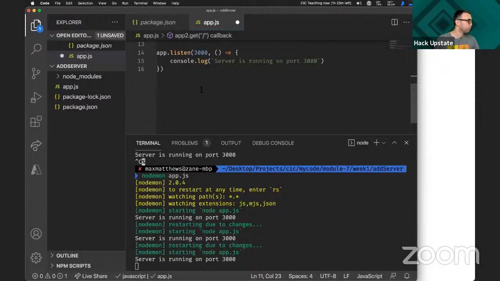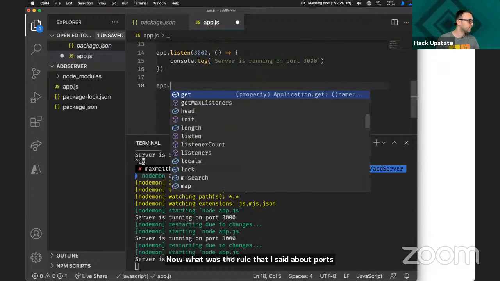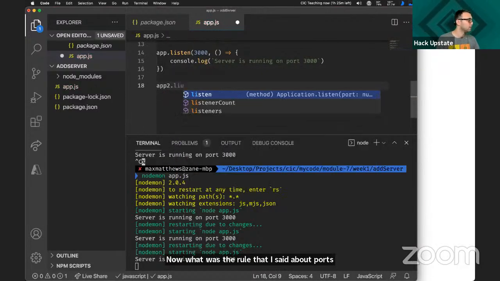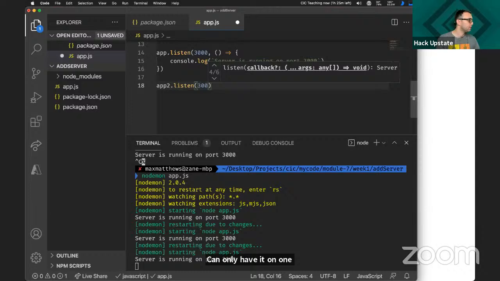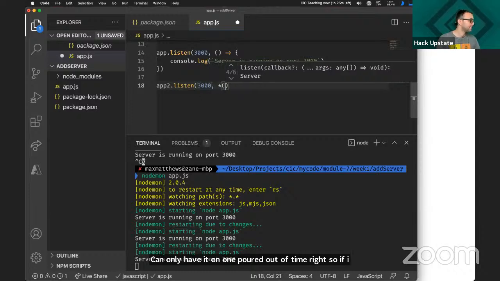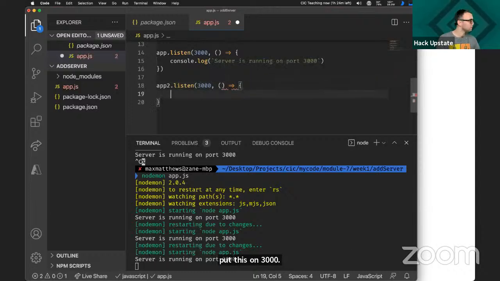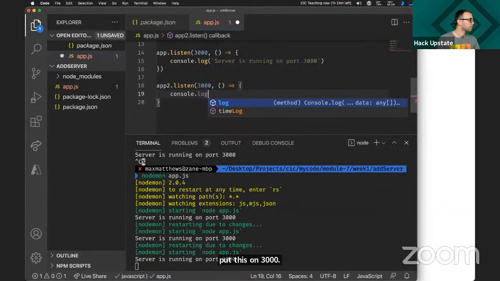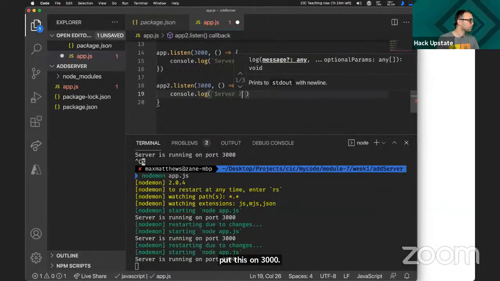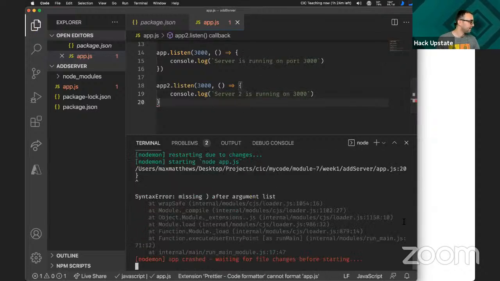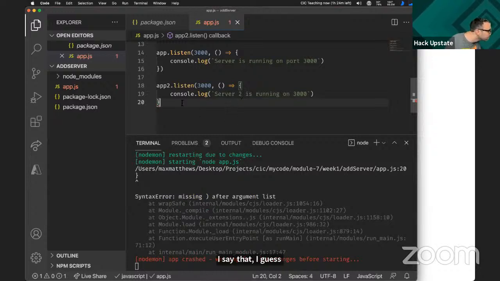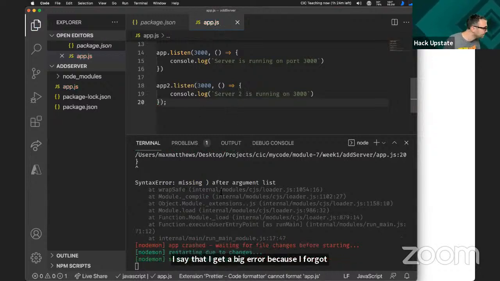Now, what was the rule that I said about ports? You can only have it on one port at a time, right? So if I put this on 3000 and save that, I get a big error because I forgot parentheses at the end.